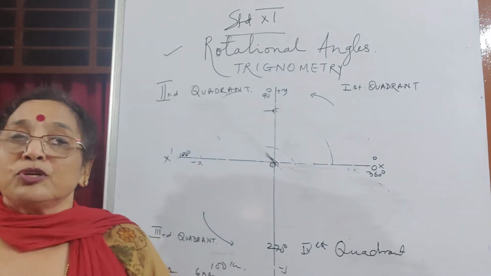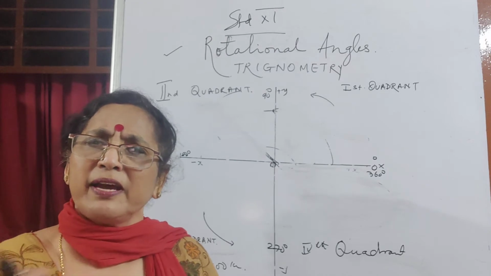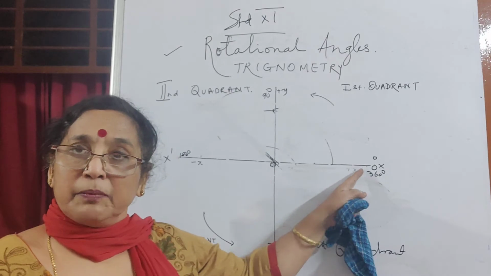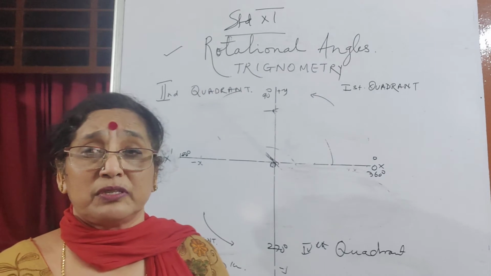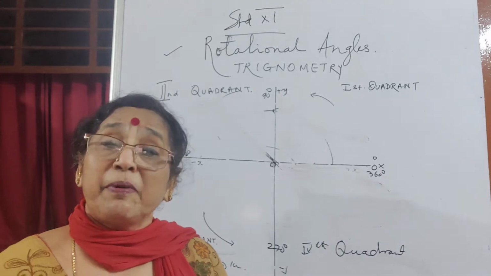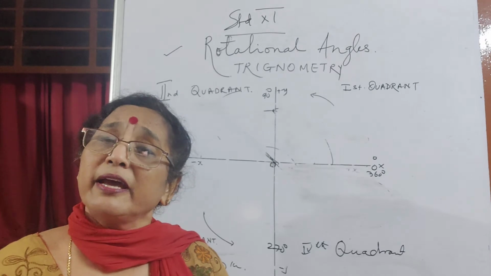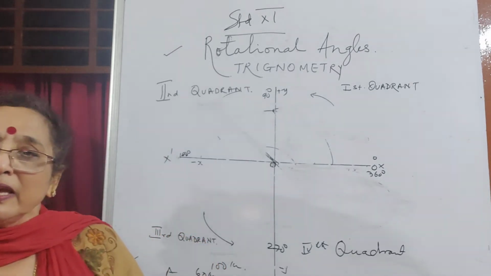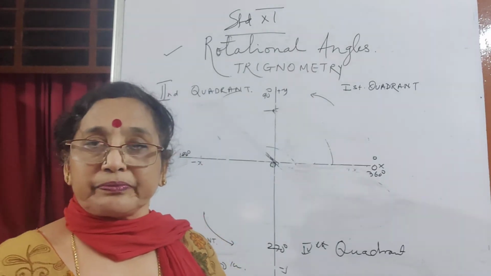Now let us see. So you have now understood what is 0. All even multiples of pi, that means 2 pi, 8 pi, 6 pi, come back to the line, because pi is 180 degrees, right? 5 pi means 2.5 rounds, 7 pi means 3.5 rounds, and 12 pi, 20 pi, 24 pi, 400 pi are even multiples of pi. 400 pi means 200 into 2 pi, and 2 pi is 360 degrees. So it's very easy to convert degrees to pi and solve the sum. I'll come to that also, right?